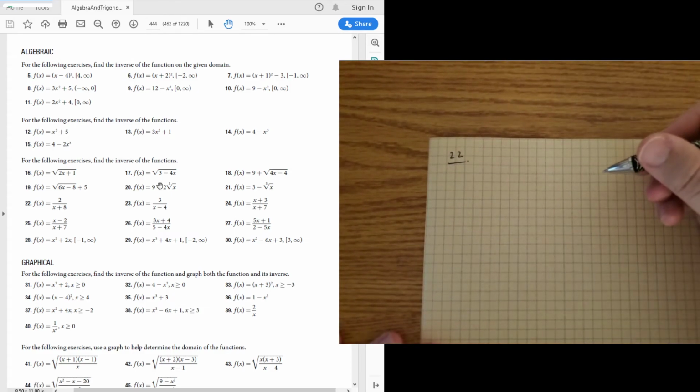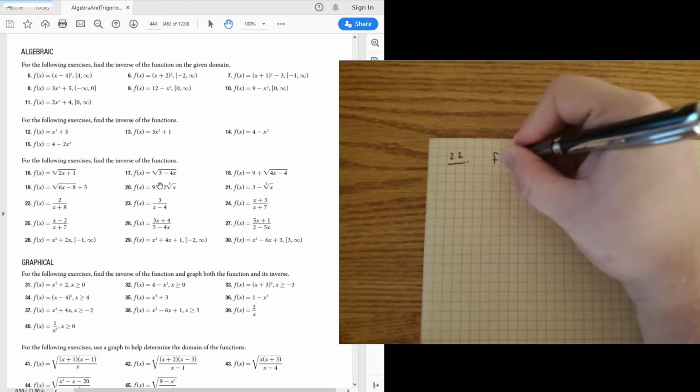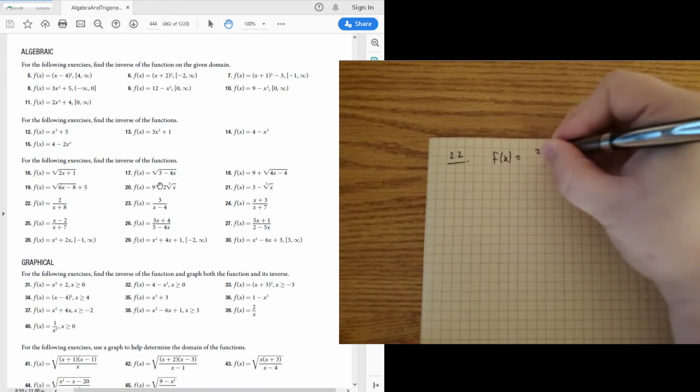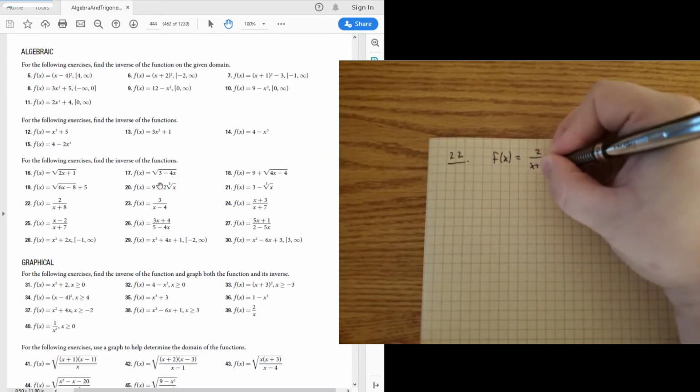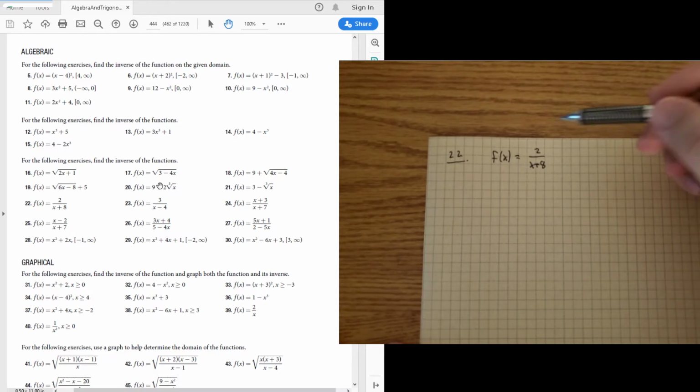These are ones where there's not a radical or an even power, but the function itself is weird. So we have f of x is equal to 2 over x plus 8. Okay, let's take a look. So first thing, in this function,